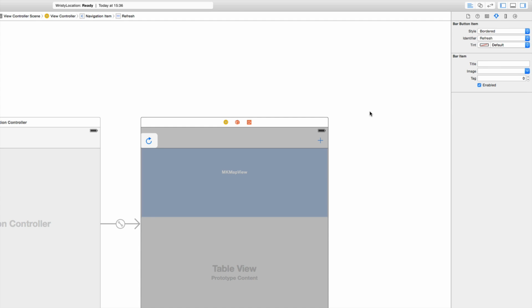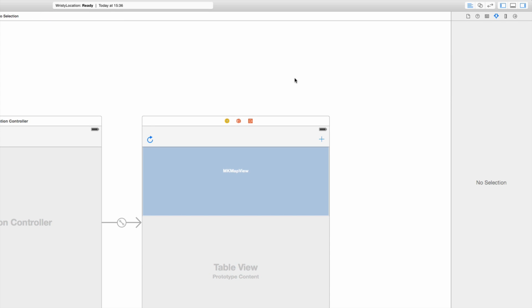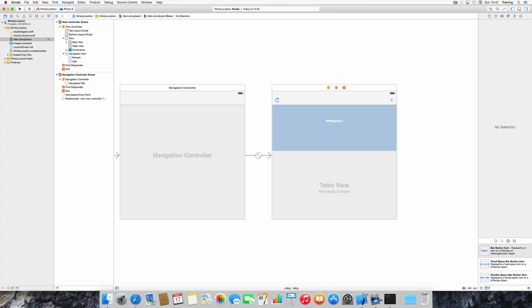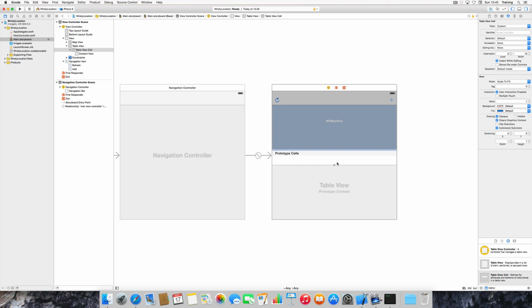Let's use refresh, which will give us this circular arrow. So this was the first part actually. Now as you can see, our table view is pretty empty, so what we also need to do is add a table view cell, a prototype cell, which we're going to simply add here,